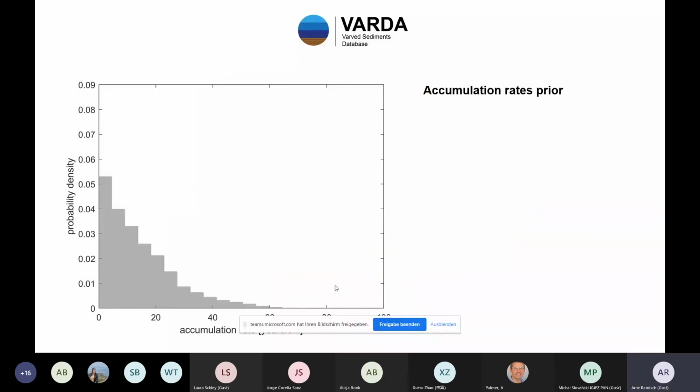We see that the accumulation rates which we observe, that's the distribution here, do not really mirror the Bacon prior, which was created by Goring et al. In this comparison, we see that the Bacon prior underestimates the occurrence of these low accumulation rates of very thick layers, while overestimating the occurrence of higher accumulation rates, so that means lower sedimentation rates, so very slow, very